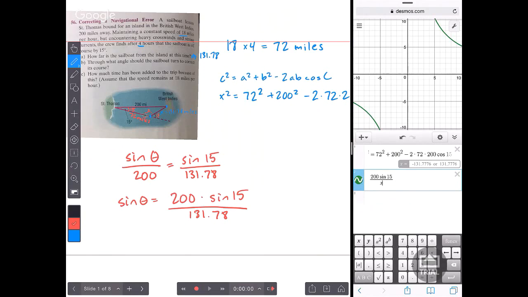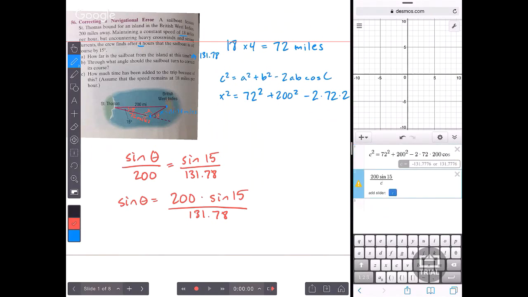No, I can't. Maybe if I make this a better variable, like c, I'll be able to use it down here. Nope, still doesn't like it. Okay, fine. 131.78. So sine of theta